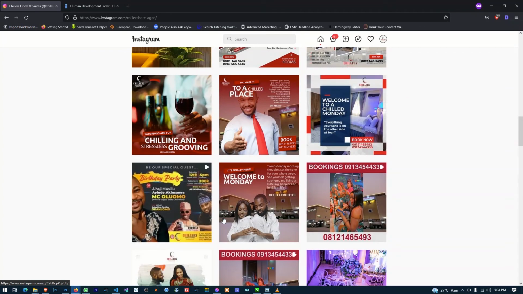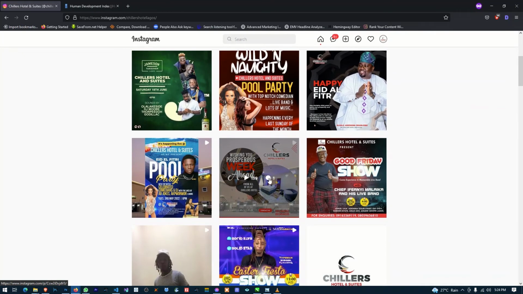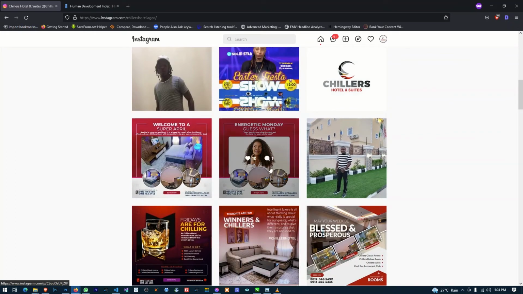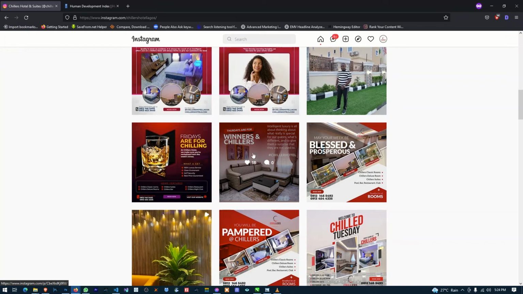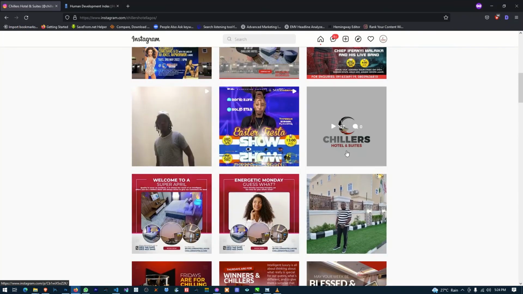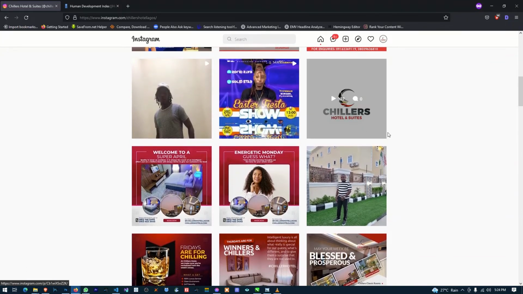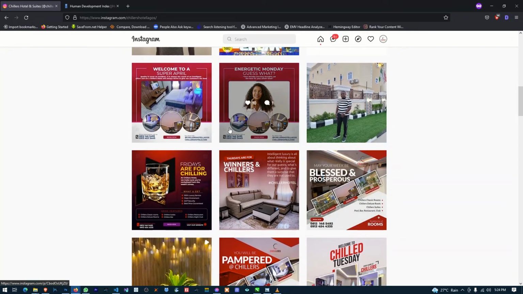The catch up is that this page is not just clean. At least I can say it's clean to some extent, because you can see the content right there. Okay, they represent the hotel. You know, the colors represent the colors of, you can see the logo right here. Okay, and moreover, if you want me to create a business logo for you, I can do that without stress. Okay, and here you have,